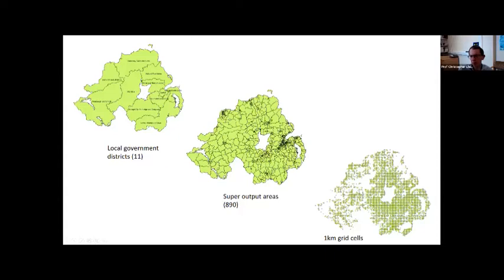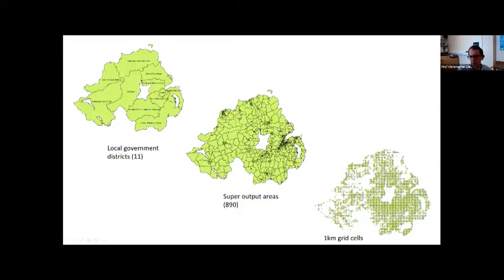One of the things that we have in Northern Ireland, which is quite unusual internationally, is that we have grid square data, and we've had those since 1971. So every census, of which obviously the latest is that they've started to release some of the outputs, has produced a variety of population characteristics by these grid squares. In Britain, for example, they did this in 1971, but then they stopped doing it, and they're only doing it again this time round for the most recent census. But Northern Ireland, with much more foresight, continued doing it. And so we've had these data, and we can look at things like population change and changing population densities from 1971 onwards. So these are 1 kilometre grid cells.